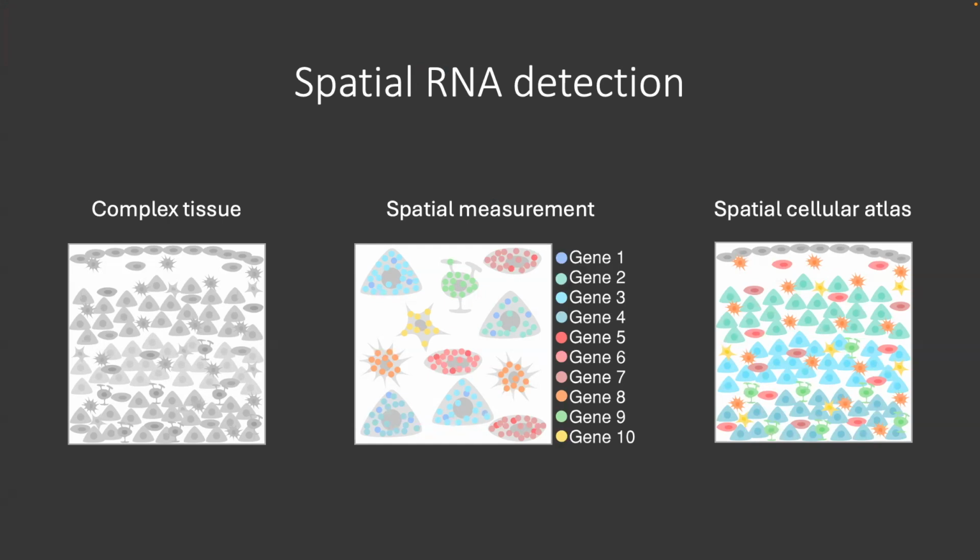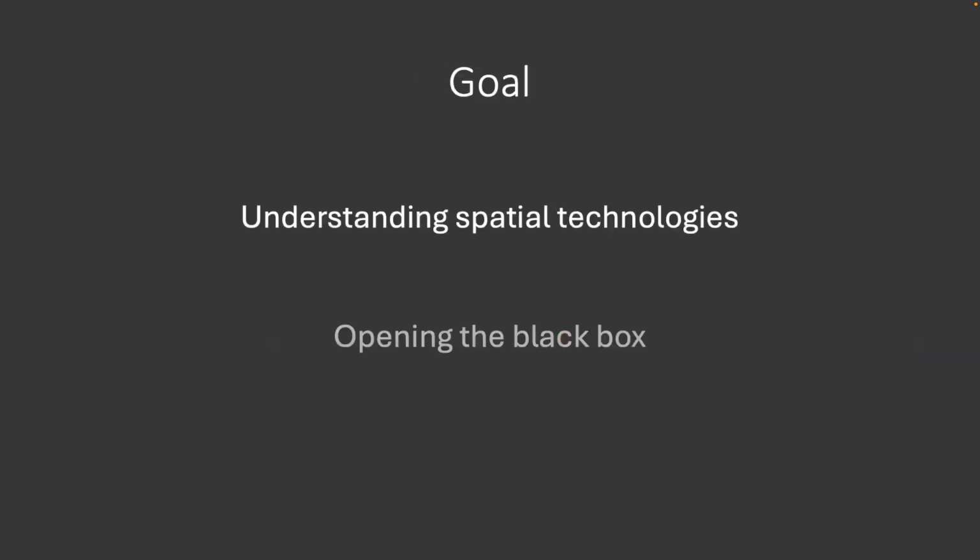This is an example of cell types. It's not necessarily bound to cell types. It could also be many other modalities that you might be interested in, like a single gene or a pathway, etc. So the goal of this lecture is really to understand the technology behind all these black boxes that many of you are using. So we're going to look a bit at the chemistry that's behind, the instrumentation that's behind